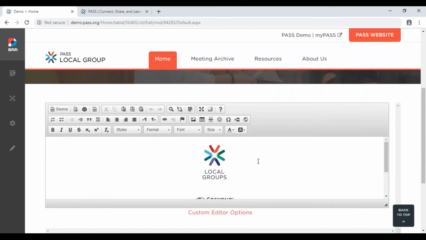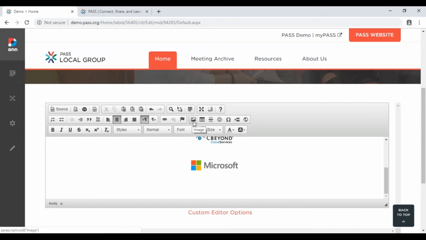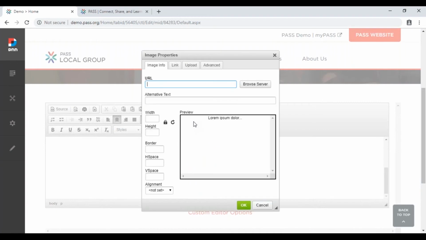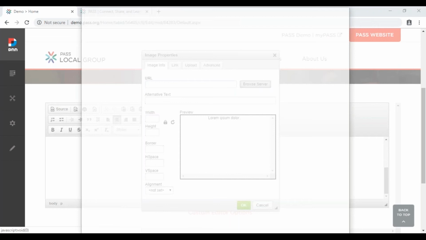Again, you're presented with a text editor. Scroll to the bottom of this list and you'll be able to add an image right below this Microsoft logo. I pressed enter just to add a line here, and then go up to this image button right here. Click the Browse Server button,